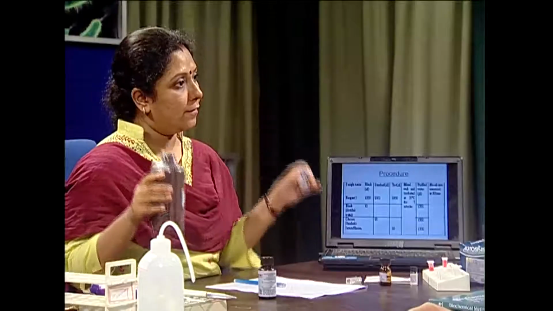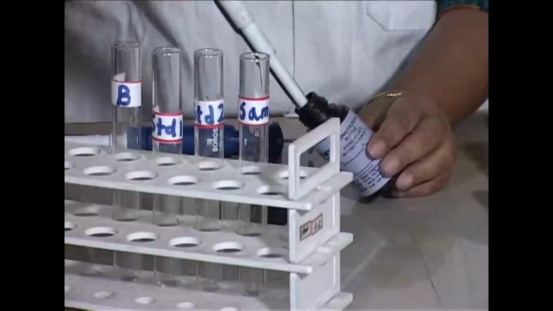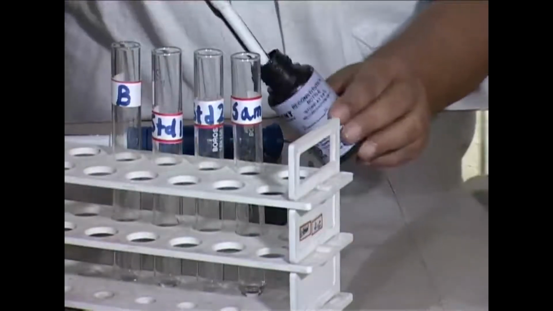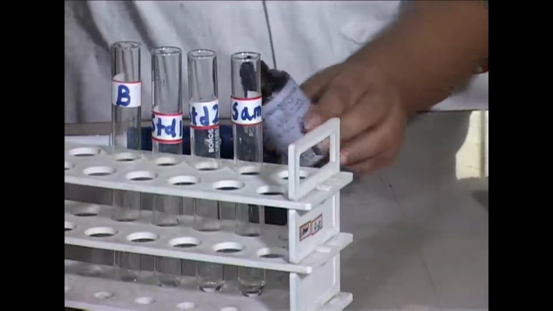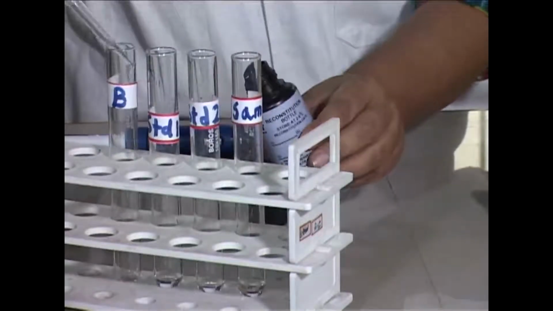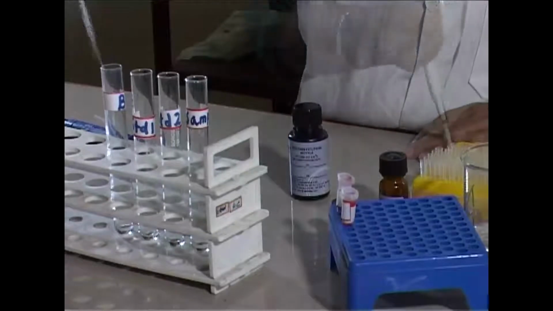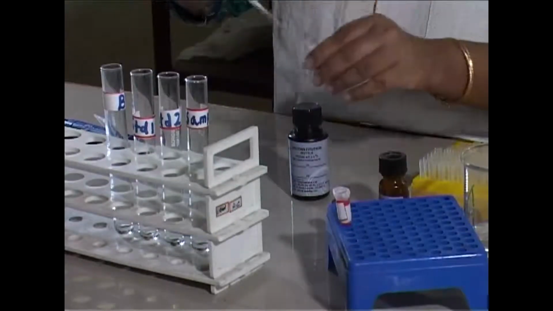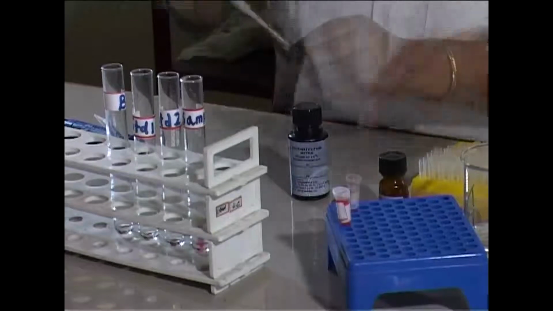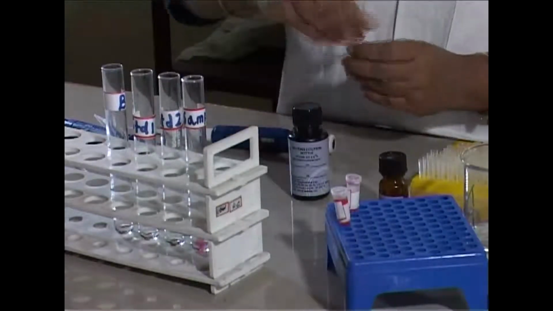First, I have already mentioned that reagent 1 is mixed with reagent 2, right? So this reagent will be added in 1000 microliter with the micropipette, okay? And the samples are taken in 10 microliter, whether it is the blank, the blood, or the standard solution, okay? And we will incubate them